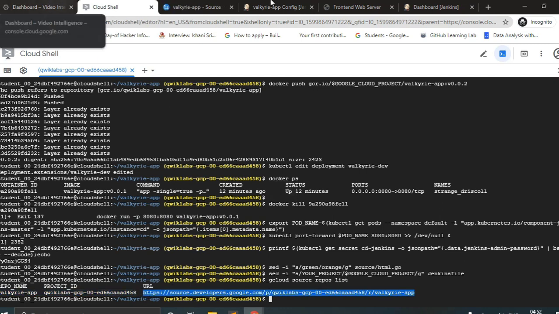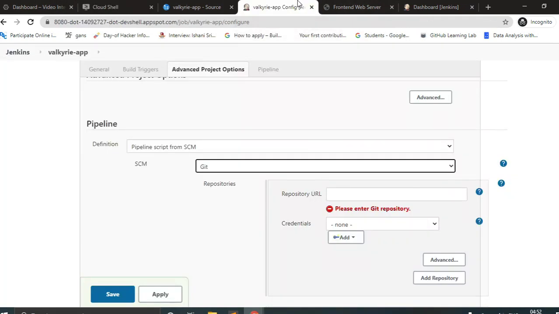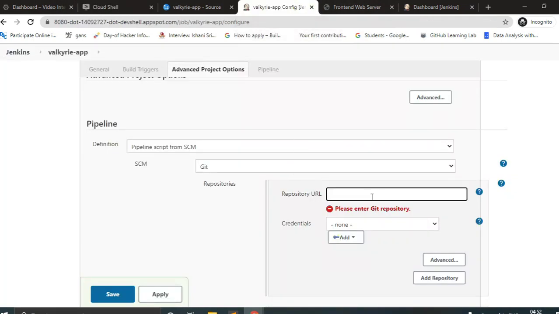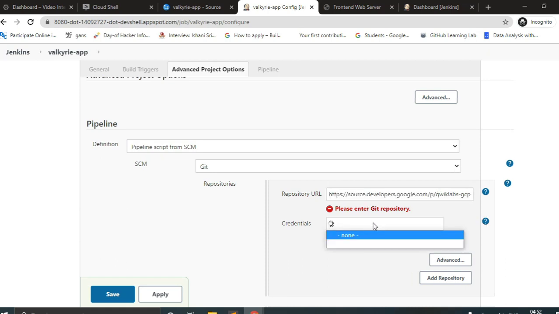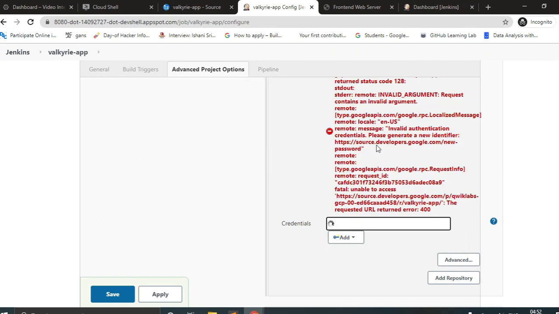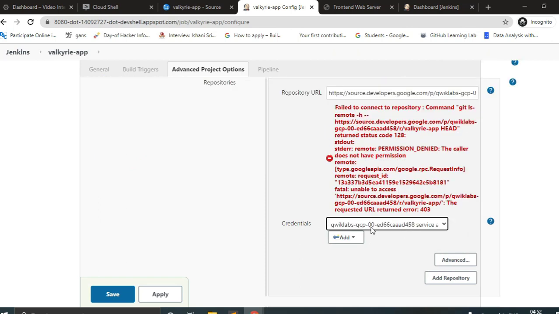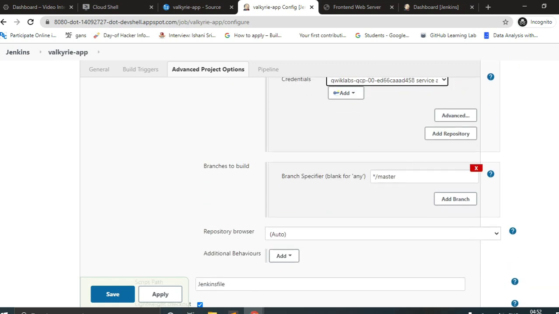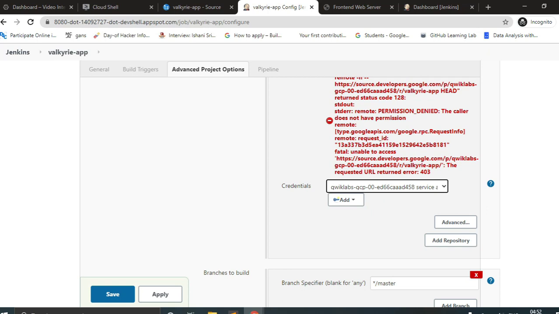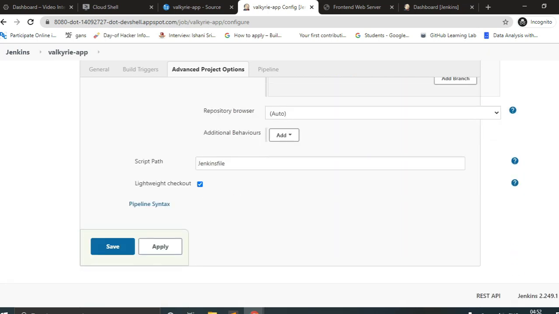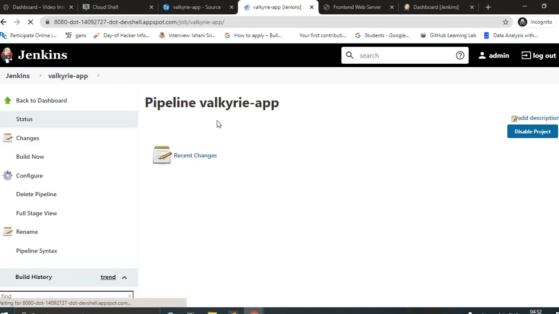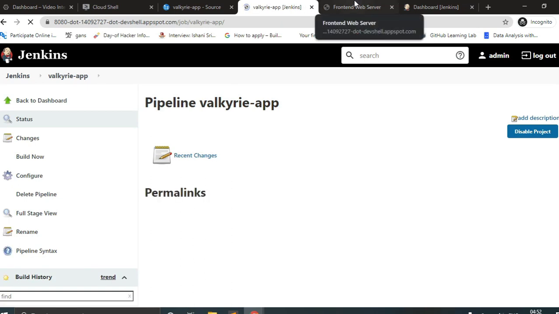Later we will be using that one, and after that we go to console, click on repo and enter it. Credentials, there would be some stuff, ignore that all, just click on your project and yes, you are all set and save. Yeah, we are all set with this.